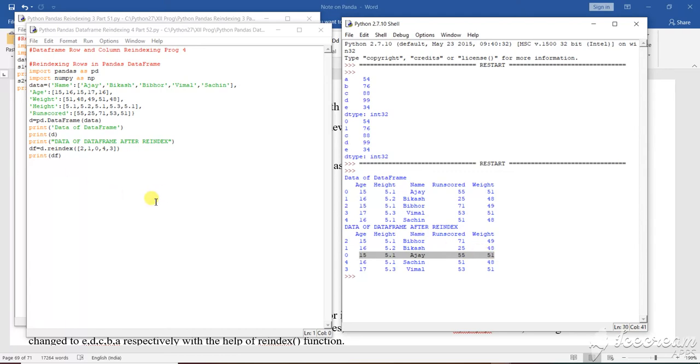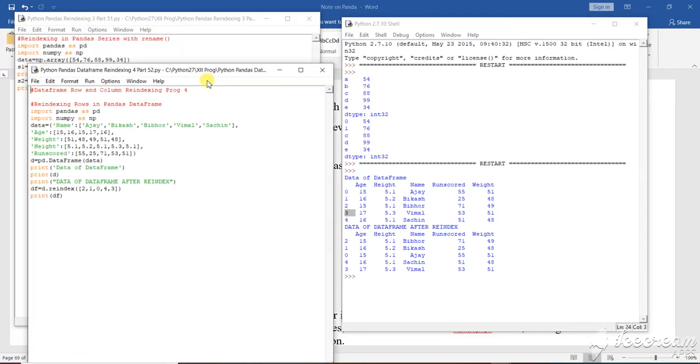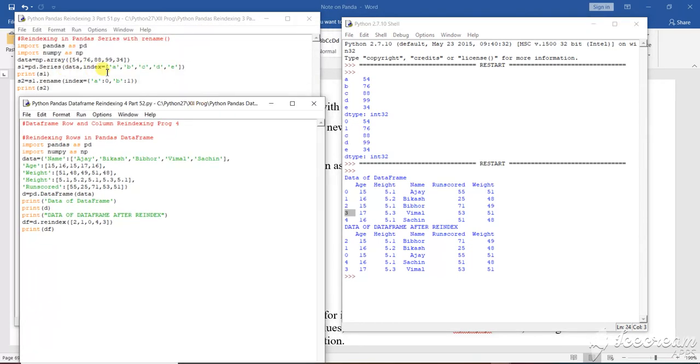That means how I am doing it: first, I didn't define any index here. Why? Because by default the program will take some index. By default it is taking zeros, this thing: 0, then 1, then 2, then 3, then 4. And if you want to define the index, you can define it. If you want that data series index, you can define it. Clear? So this is how you are going to see.